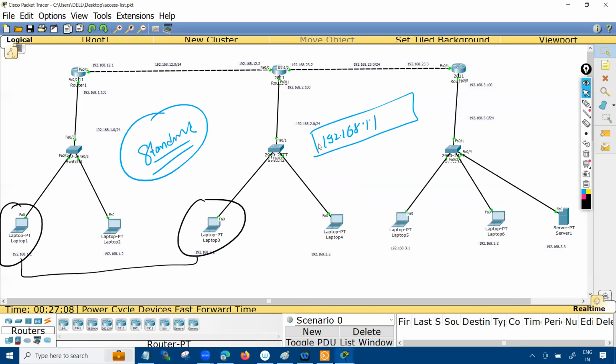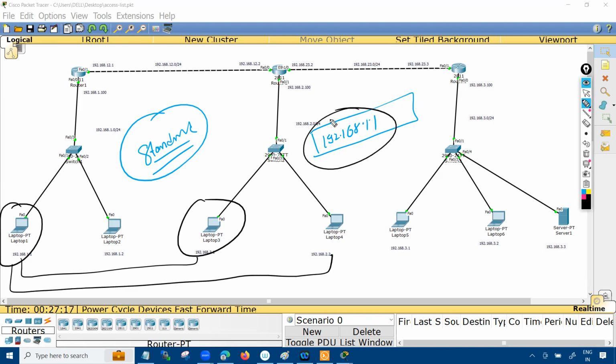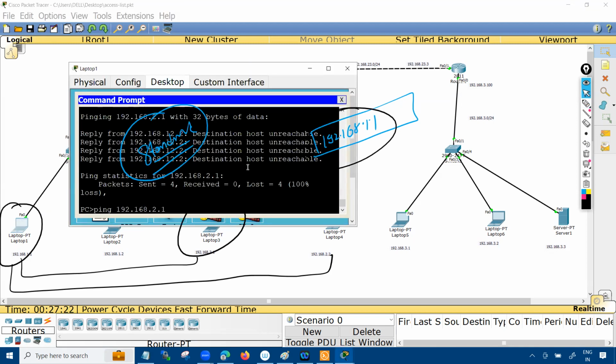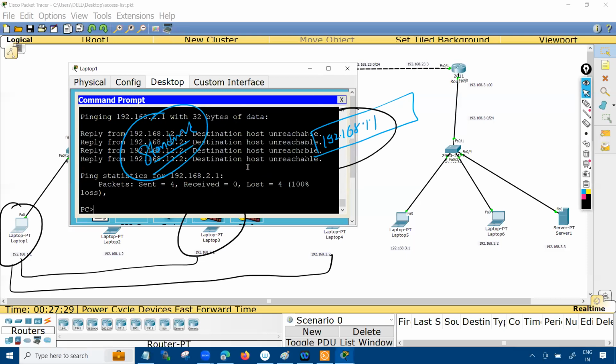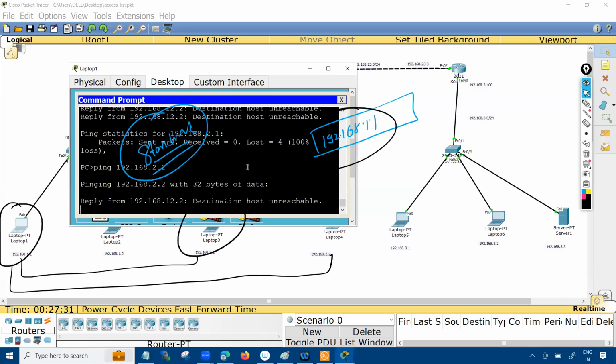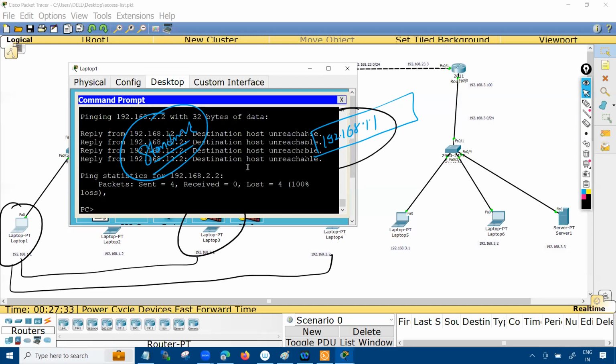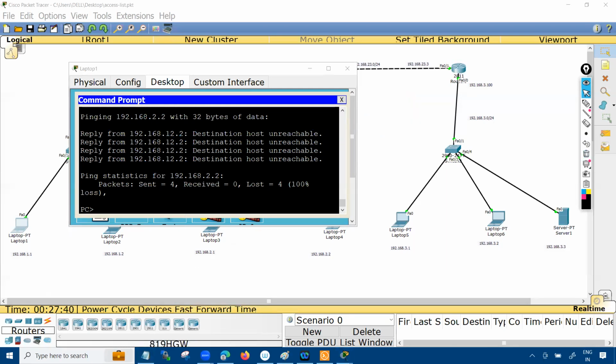So normally in this case, what happened? If I block 1.1 to the 2.1, then what happened? It also gets blocked for this guy as well, because eventually you are matching the source. See, I'm not able to send the traffic to the 2.2 as well. Can you see that? I blocked the 2.1, that's my intention. It's not going to send the traffic, but eventually I'm not able to send the traffic to the 2.2 as well. That's the biggest issue, because in the standard ACL you're always calling the source, not the destination. And that's why we came with the concept called